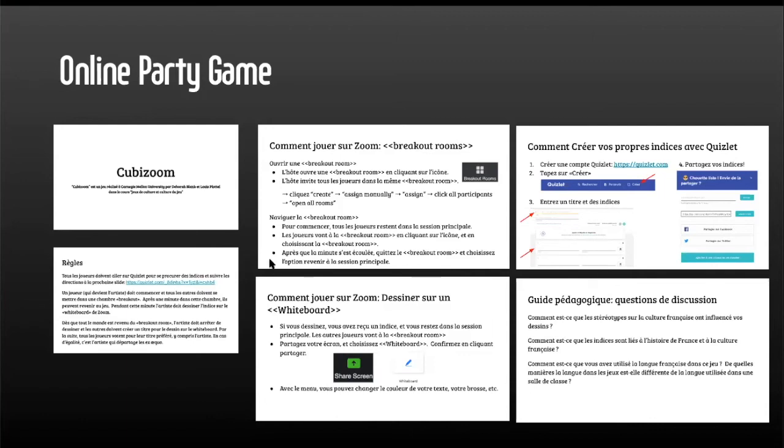And so you can see here that they actually wrote out how to play on Zoom, how to create your own Quizlet. So they have a Quizlet deck already, but if you want to play more than once, you may want to add things. So they added instruction on how to do that. And also a pedagogical guide and some things you can do with your students before and after the game. So in Cubizoom,